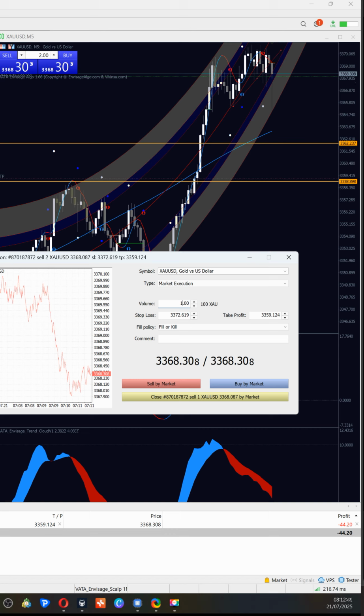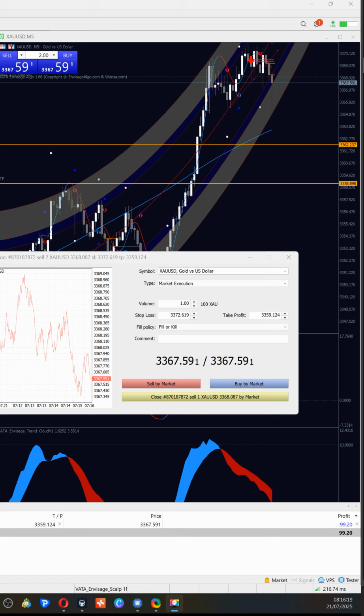But the market is in a good bull trend. That's why we will try to see if we want to secure a TP here at 25 pips or not. Otherwise, we'll leave it as it is and we'll let it run all the way to this TP and this TP here, as we found out earlier. You can see that we are in good profits here.